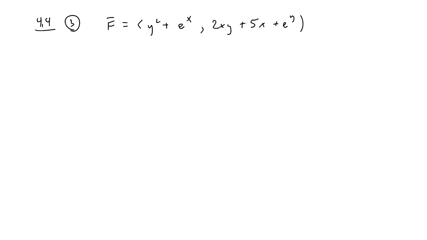So here's a vector field. So 4.4 is Green's theorem, right? Which I'll write once we actually use it here. So,